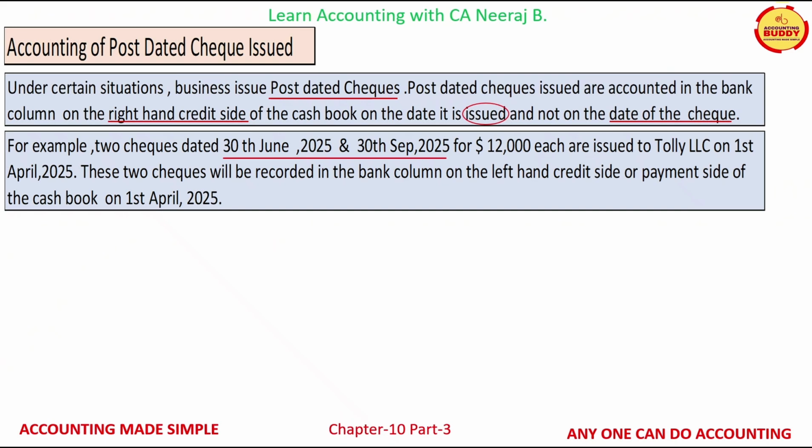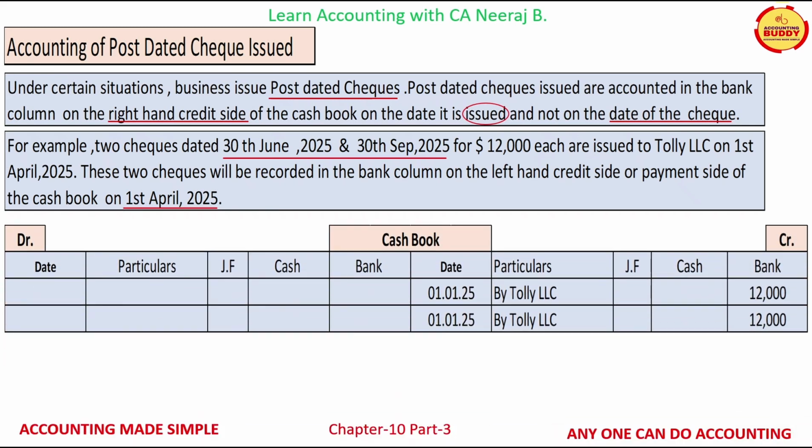These two checks will be recorded in the bank column on the right-hand credit side, or the payment side, of the cash book on 1st of April 25. The cash book will look like as displayed on your screens. Both the post-dated checks for $12,000 each will be recorded on the right-hand credit side of the cash book on 1st of April 25, that is the date on which the checks were issued, by writing the words by Toli